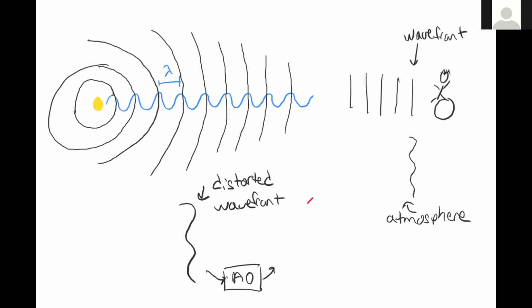So let's say that this, then I'm going to try to mimic the opposite of what I just drew here. This is how my telescope mirror will be deformed. That adaptive optics system is smart. It can figure out how exactly this wavefront of light has been distorted. And then it tells these little motors on the back of a mirror that we call actuators to deform the mirror in different ways. Deform the mirror essentially to exactly undo the distortion of the wavefront that was caused by